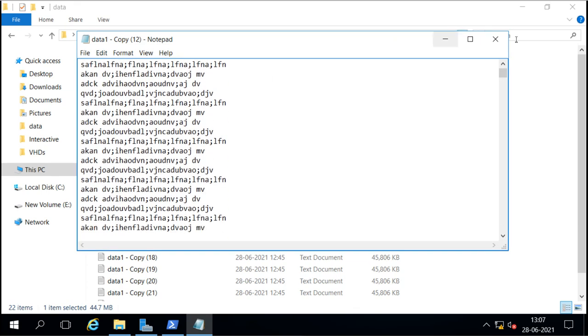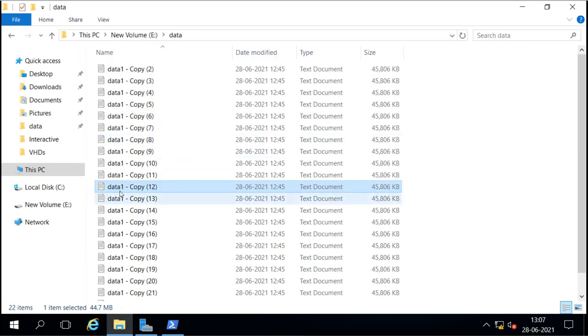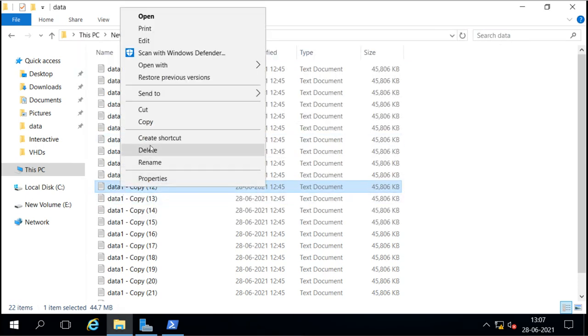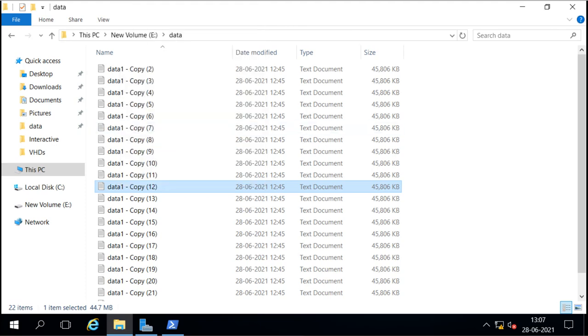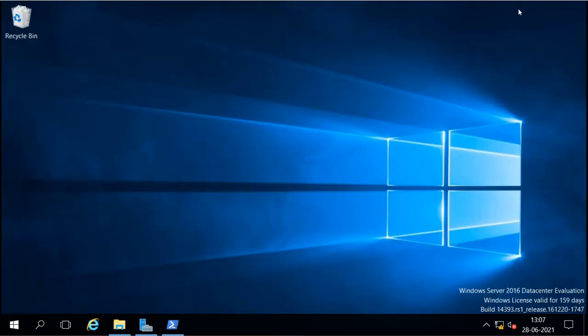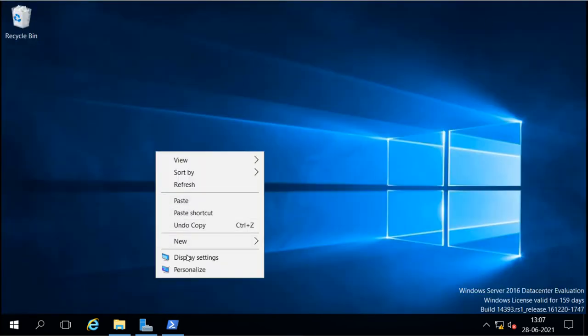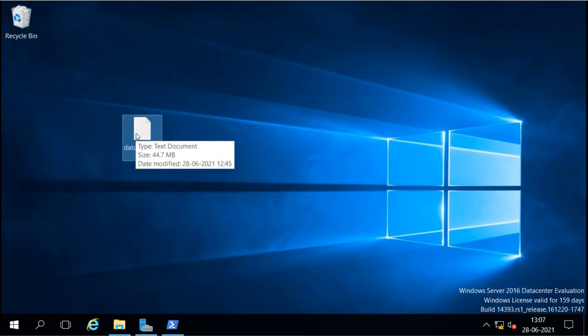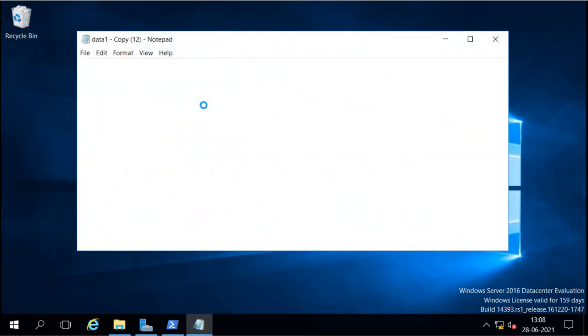Now when you copy any of these files and put it into another drive, let's say I will put it on the desktop, that means it is under the C drive, a different drive where there is no data deduplication. So it will be a normal file, a normal size file here, and when you open it you will see the file data, everything is as it is. So even we can copy the file from where it is deduped, and we can paste it anywhere, we can get the whole file.